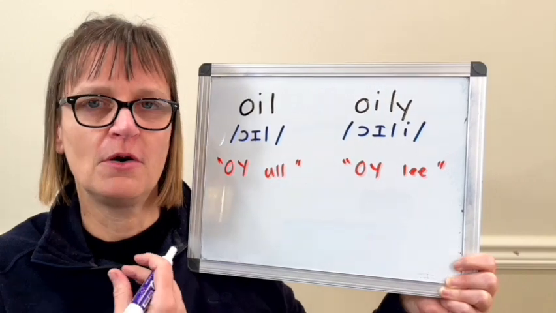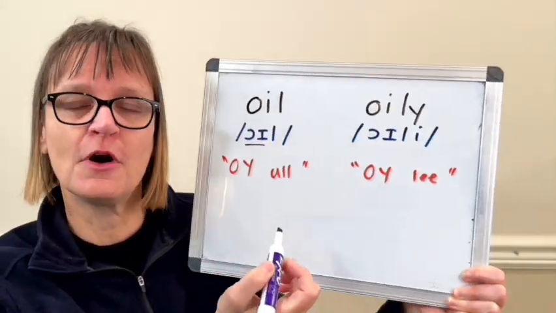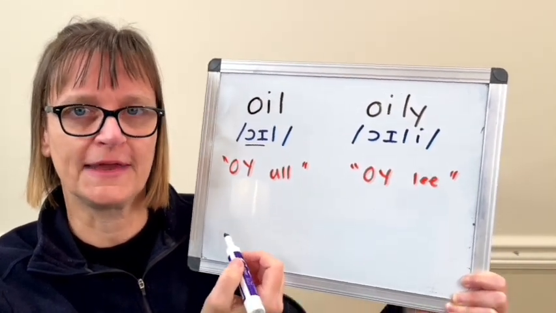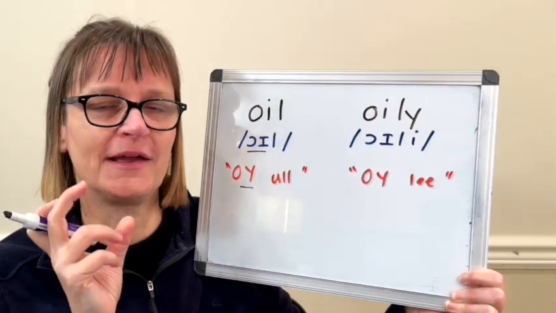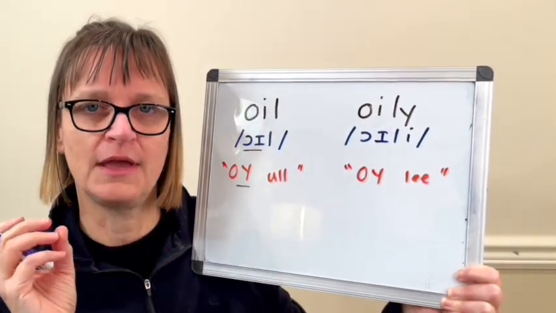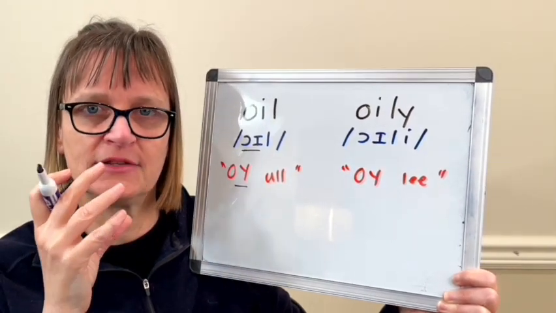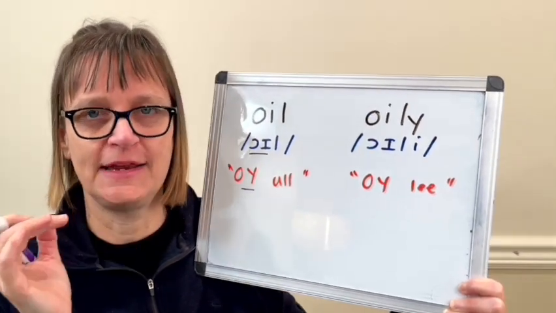First of all, oil has the diphthong oi. We often spell that with oi, like in oil or boil, or with oy, like in boy or toy. So I've just rewritten it here for you with the letters oy, so you can think about the oi diphthong. So the oi starts rounded and it ends unrounded, meaning that as I make this sound, I'm gliding between two